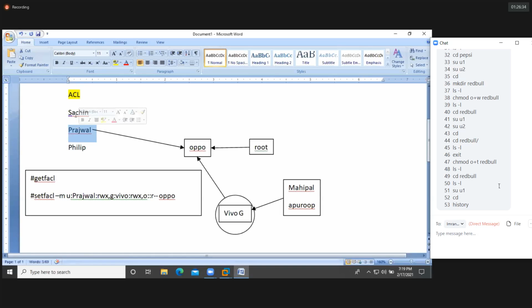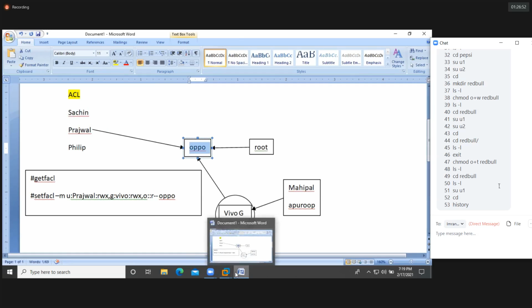Got it? If Prajwal created dir2, then Sachin can manage it and create files and directories inside dir2. Clear? So with default ACLs, we are going to assign this now.